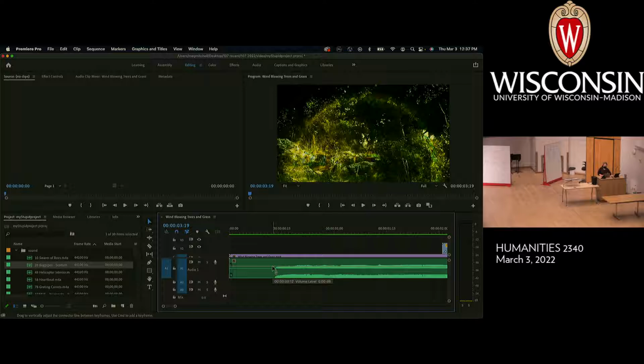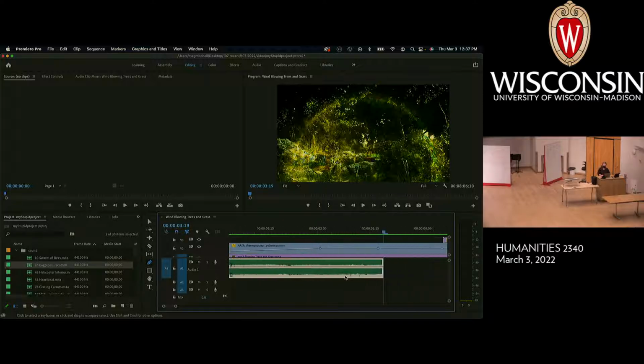The first thing that I do when I get an audio recording is I create a ramp in, and that's basically just a way of ensuring that if there are any scratches or pops at the beginning of the recording, they're not heard in my mix. So it's just making this little tiny ramp when the file starts. And I usually do the same thing when the file ends, because if you cut a sound file like this,